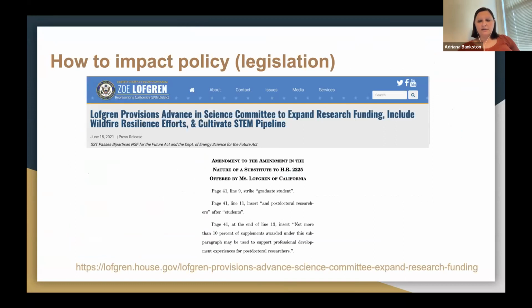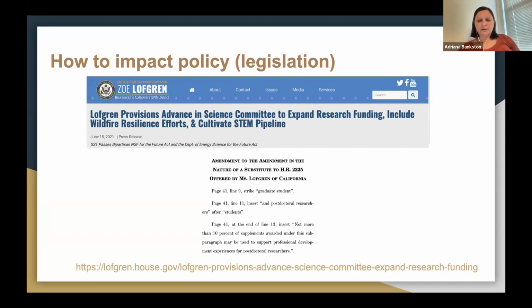Another, and this comes back to my core role here in terms of legislation. So I also wanted to show you what this looks like. It's been probably a couple of years now, but this was last June. There was legislation circulating on the NSF to improve, again, NSF and the STEM pipeline. So one of the California legislators, Zoe Lofgren, proposed some